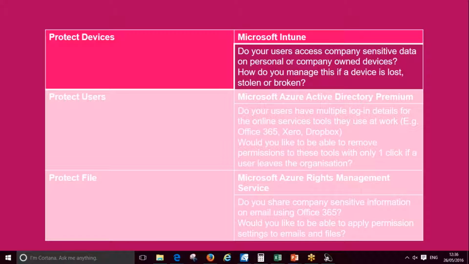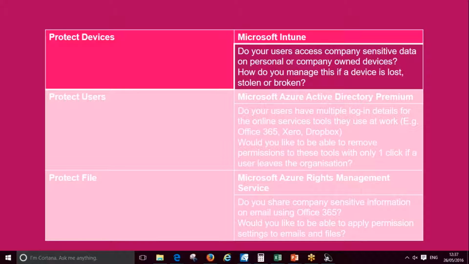But I don't want that to scare employees or employers. You can have as much of that or as little of that as you want, and you cannot hear the calls or read the texts. It's just understanding the frequency of use of that device. And you can restrict it so they can only use certain applications, so they can't download Tinder or Facebook or whatever that might be. So that's the level of control you can have on a company-owned device.